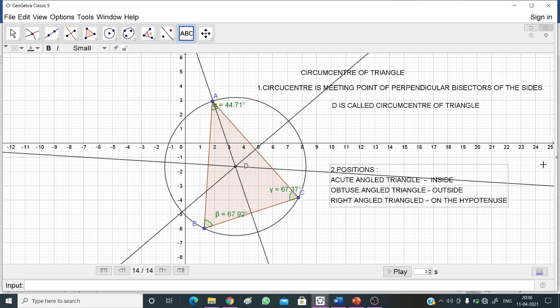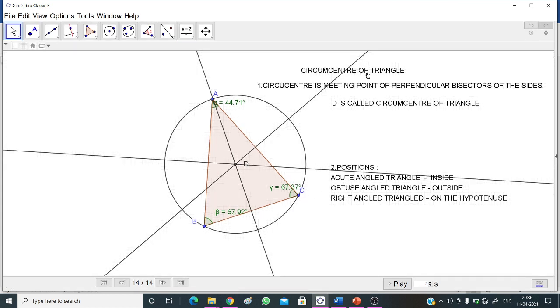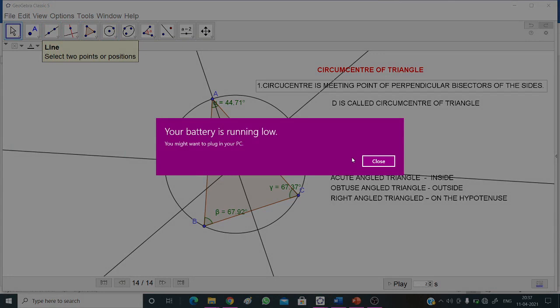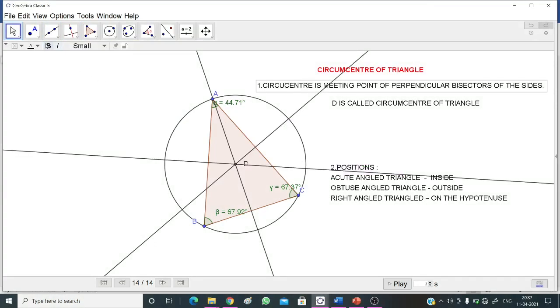You can also view it in the geometry view to show it in a better way. At last, you can change the color as per your convenience.